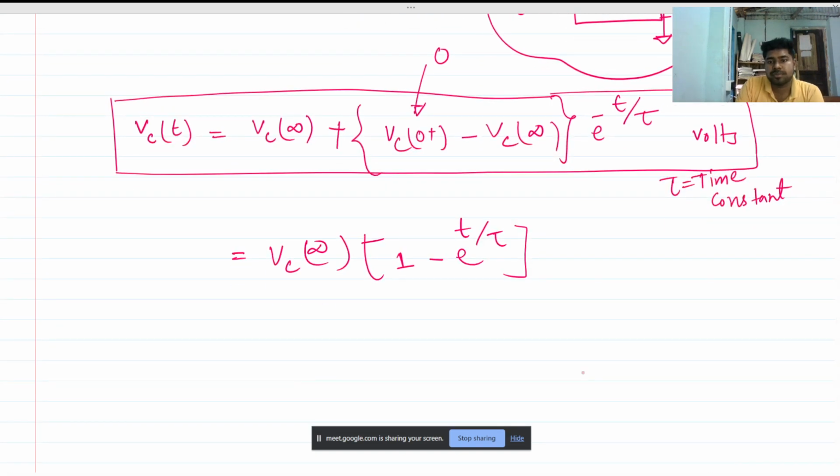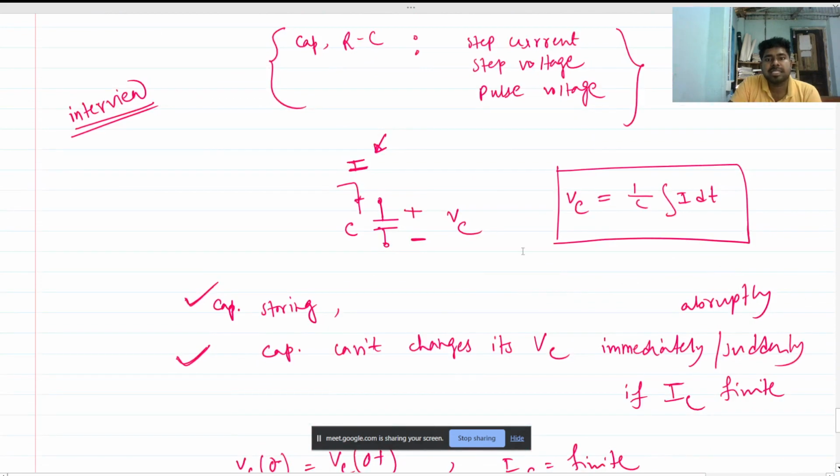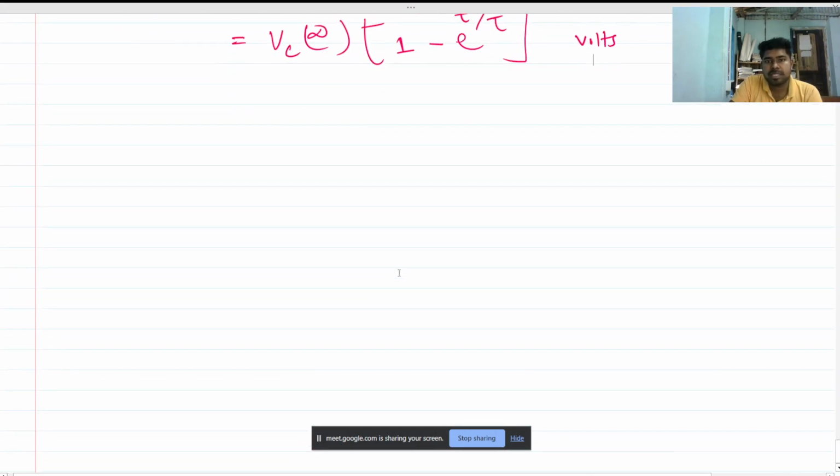Okay, this is volts. So this is the basic theoretical portion of this capacitor circuit. Okay, now let's have some interview questions. So the basic question is this: